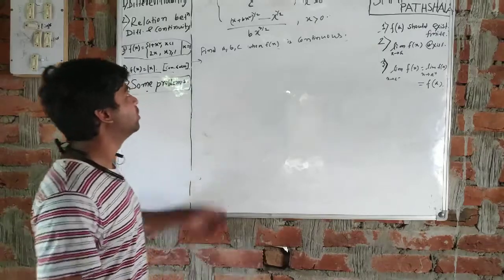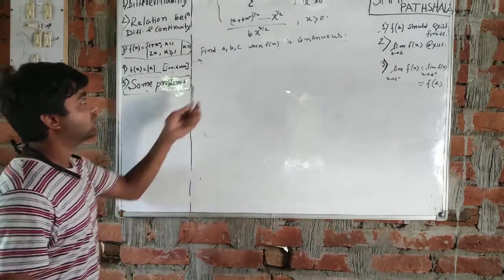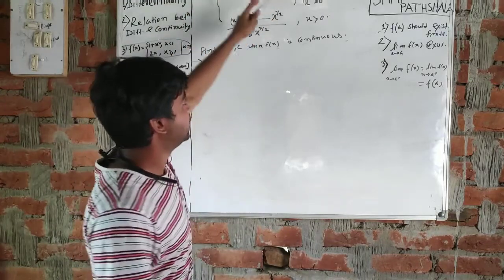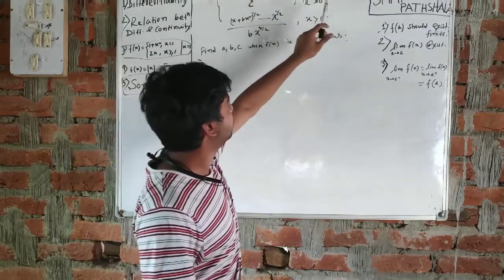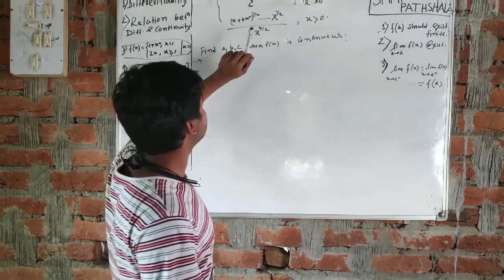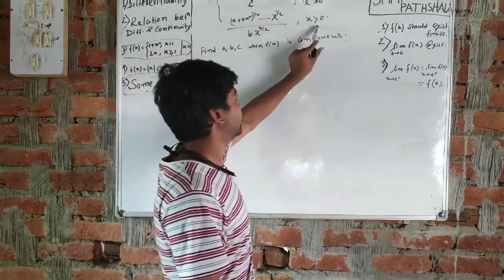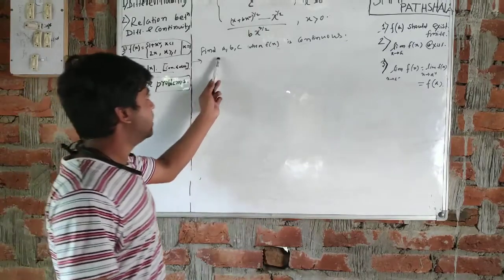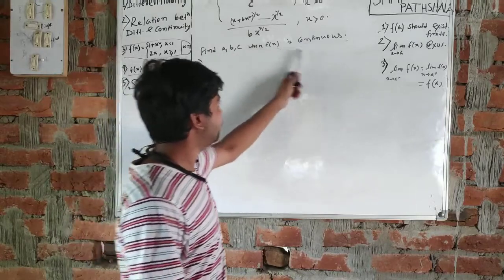Now let us solve this problem. At first, let's see what this problem is stating. f of x is given with a certain function: when x is less than 0, and c when x is equal to 0, and (x plus bx square) whole to the power half minus x to the power half, divided by bx to the power 3 by 2, when x is greater than 0. Now we need to find a, b, c, the arbitrary values, the variables a, b, c, when f of x